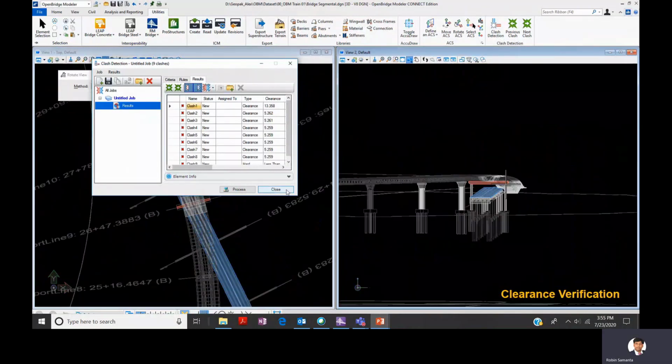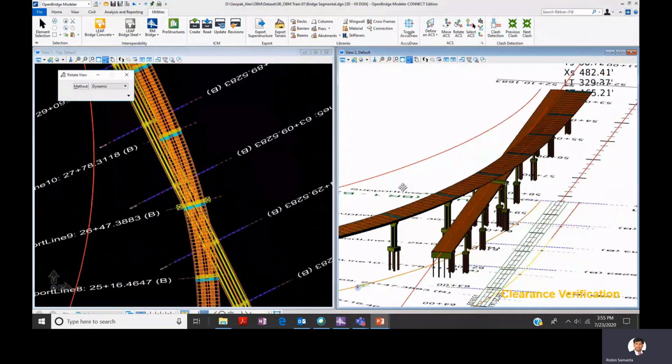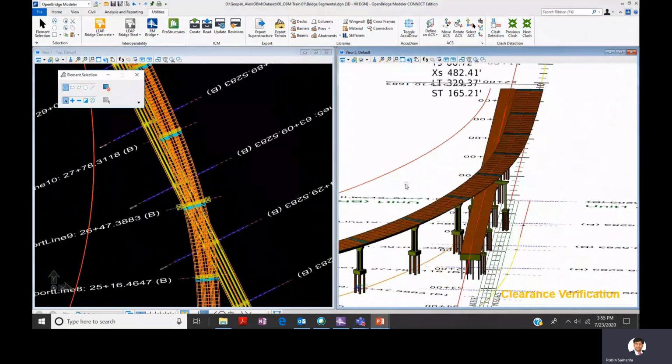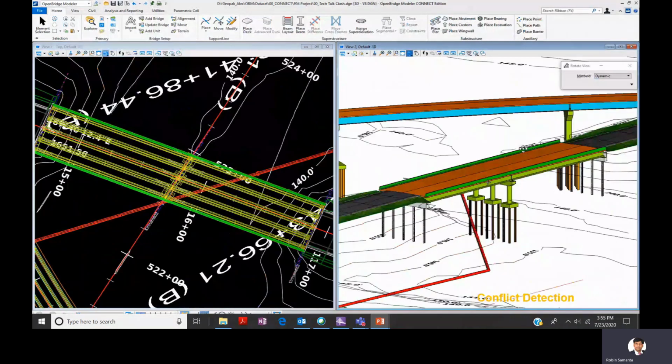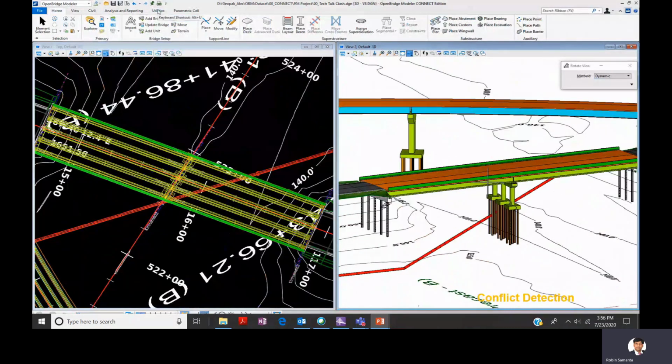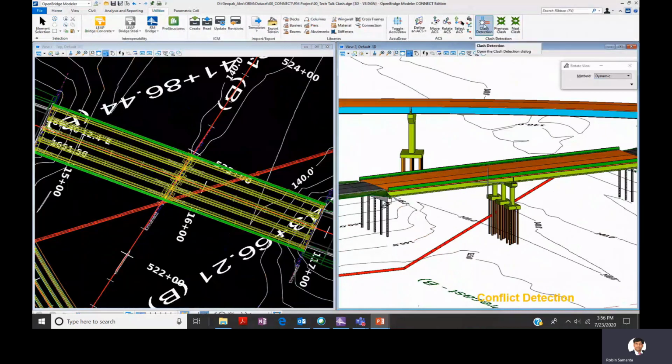Now moving to the second thing, as I mentioned, we are working in a collaborative environment. If you see that there is a utility duct which is coming in close contact with our piers, by the clash detection tool you can define that clash as well.